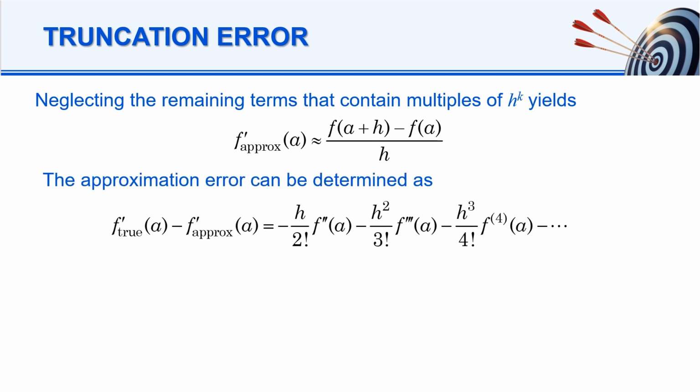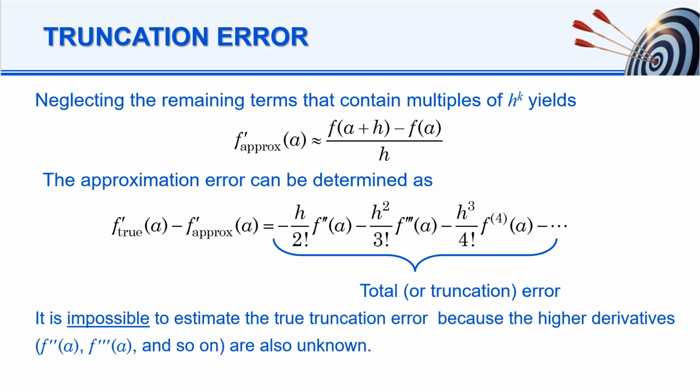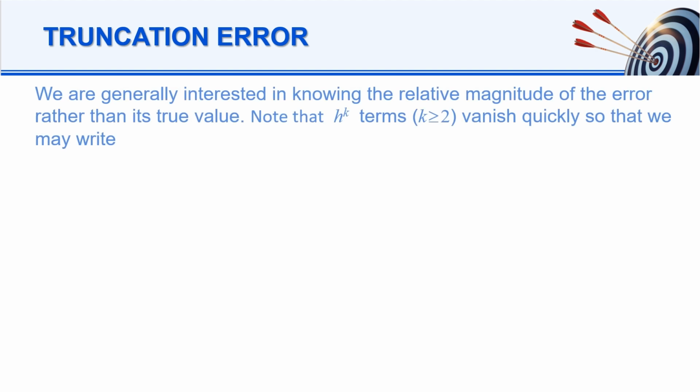The approximation error can be determined as follows, where the right-hand side is the total, or so-called truncation error. However, it is impossible to estimate the true truncation error because the higher derivatives of f are also unknown. We are generally interested in knowing the relative magnitude of the error rather than its true value. Note that h to the power k terms, k greater than or equal to 2, vanish quickly, so that we may write